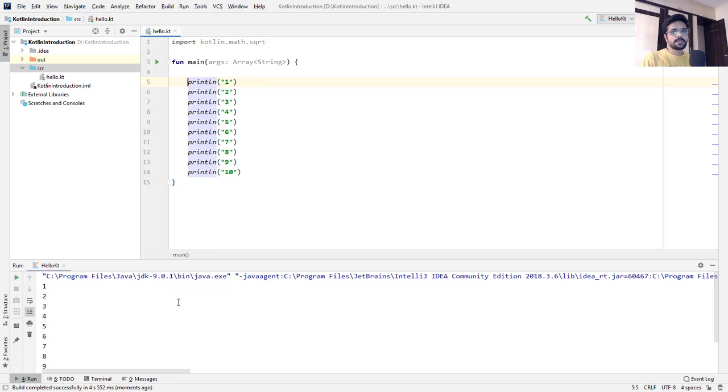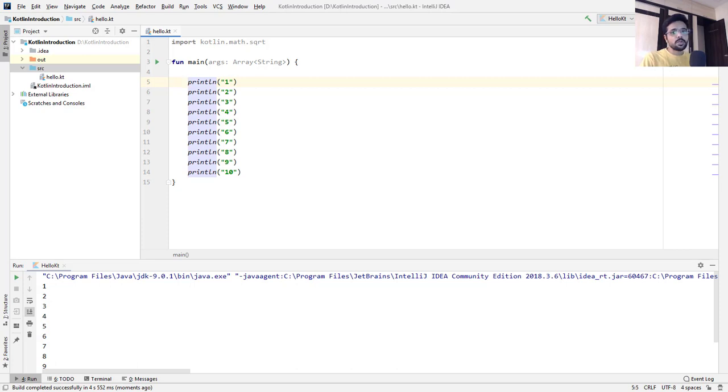This is how a novice person will code, which was pretty easy, right? But what if the requirement changes, which happens a lot in software development? That is, instead of printing numbers up to 10, I want them to be printed up to 1000. Then what would you do? You can't just write println 1000 times because it's like doing donkey work, right?